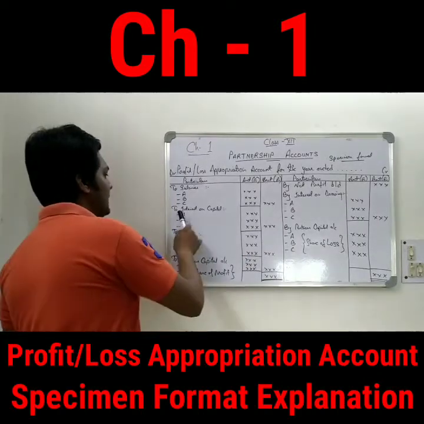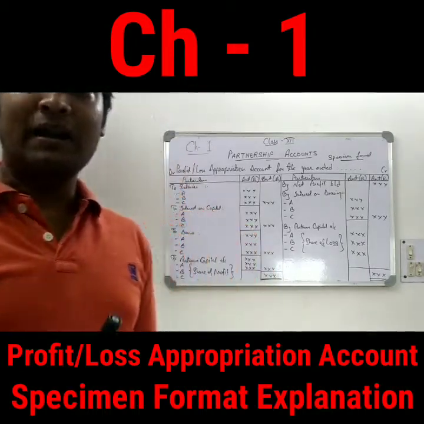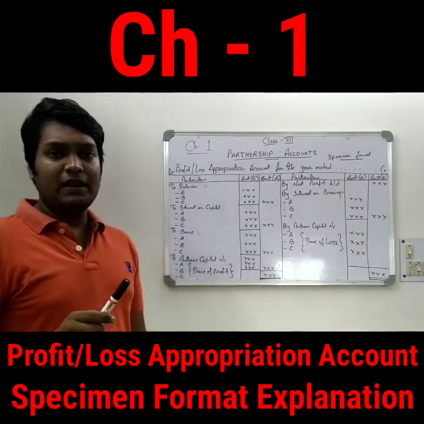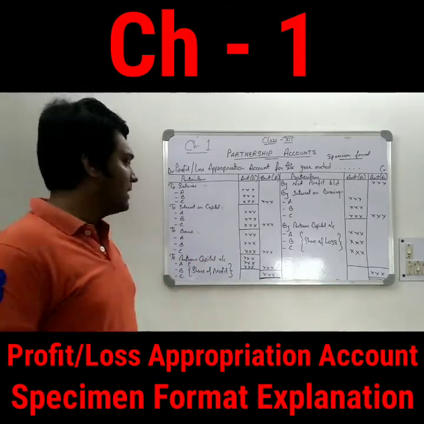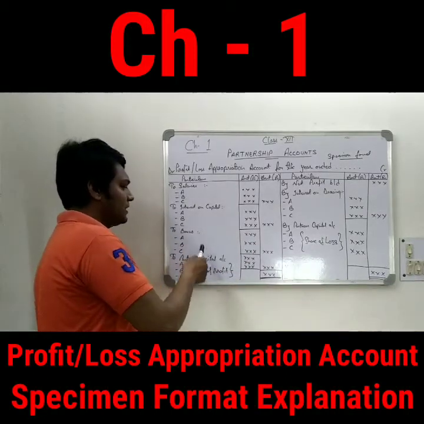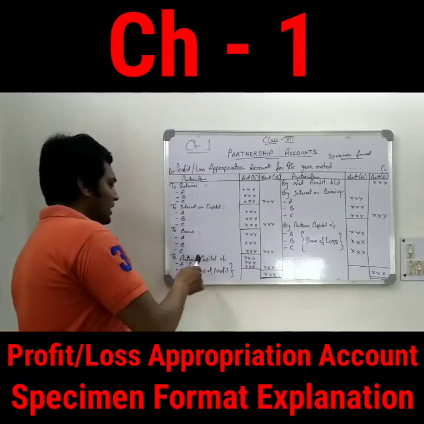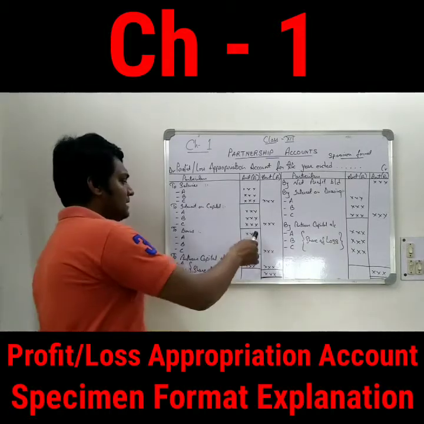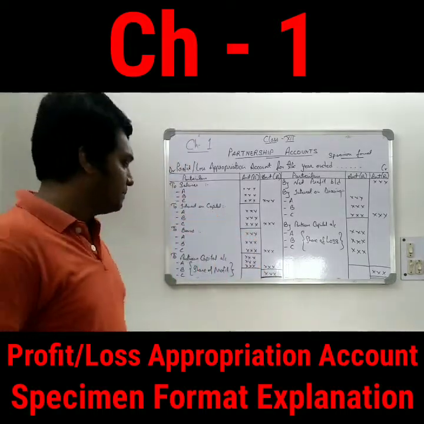The same will follow with interest on capital. Whatever interest on capital is given in their partnership deed, we will follow the same instructions as given in the deed. Again we take out the amounts, add them up, and write the total in the outer column. We'll do the same with some extra things also. It can be bonus in the sum, where the partners are getting a bonus for something. Again we write that ABC is getting so and so bonus, add it up and write the total outside.